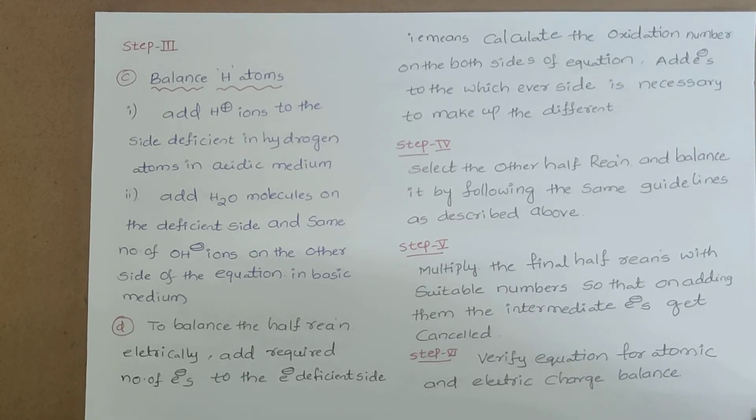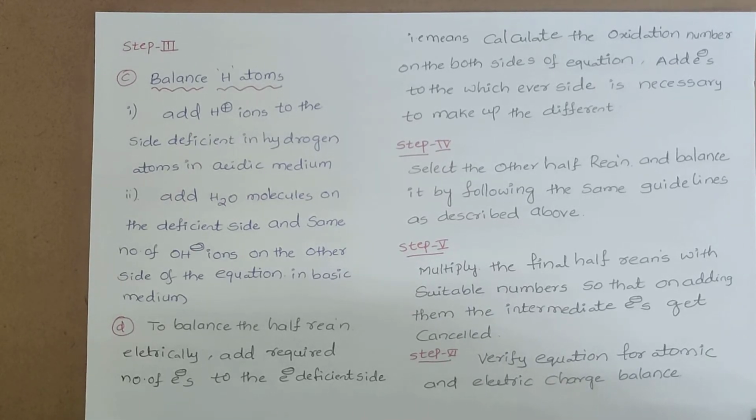Because while writing the total equation, the electrons are never present in the equation. So we need to cancel the electrons. To cancel those electrons, definitely we need to equate them. In order to equate, we need to multiply both the half equations with suitable integers, so that in both cases the electrons can be cancelled. After that, we can add the two half equations. Then finally we get a balanced redox reaction.